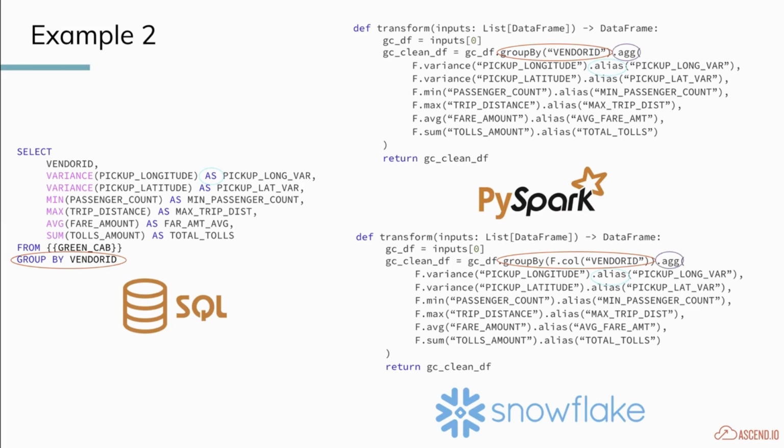And so this aggregate will be necessary afterwards to indicate that you are going to have these aggregate functions, such as on the left, you see variance, min, max, average, sum. On the right, you also see variance, min, max, average, sum, but you have to indicate that these are the aggregates that are occurring there. Whereas in SQL, you can kind of just let the aggregates rip and they'll take place on their own because they're already within the select statement. So just keep note of these sorts of things.